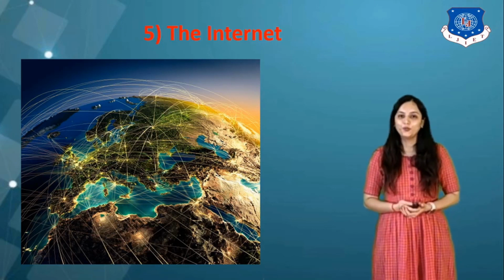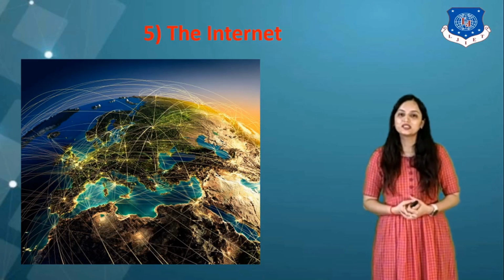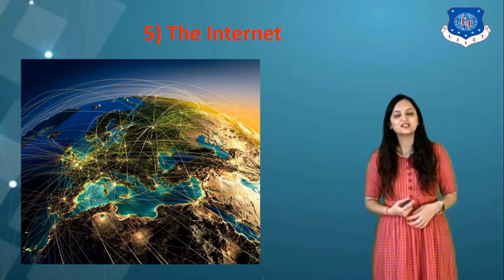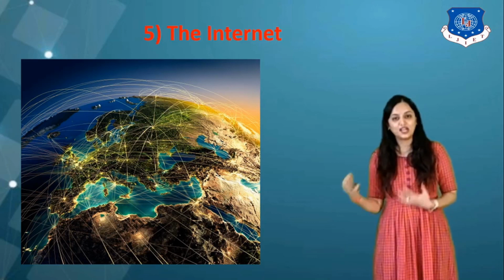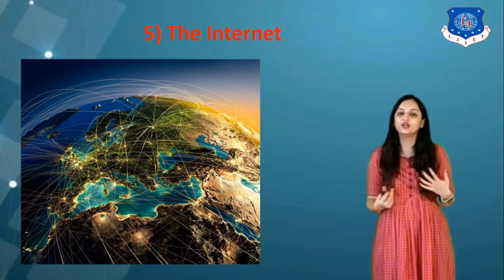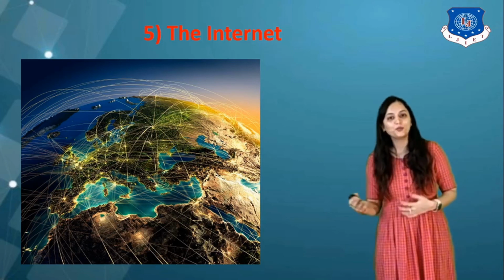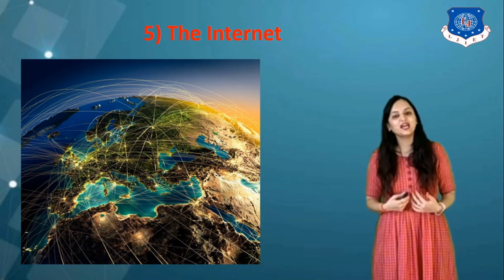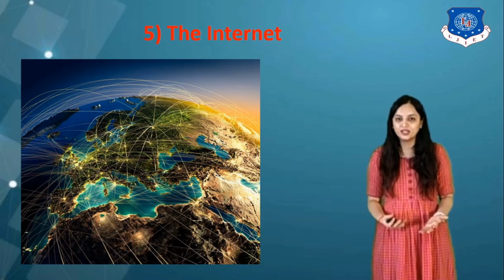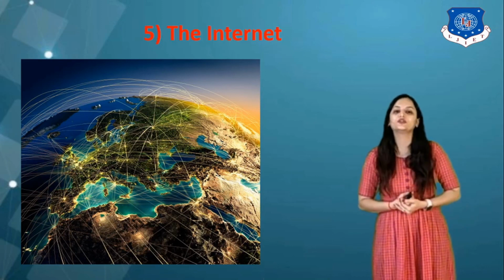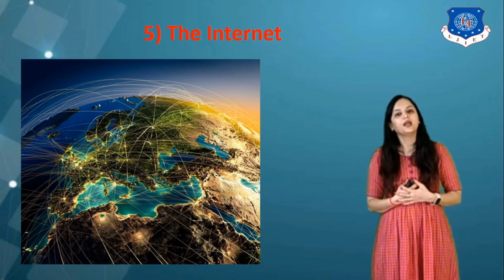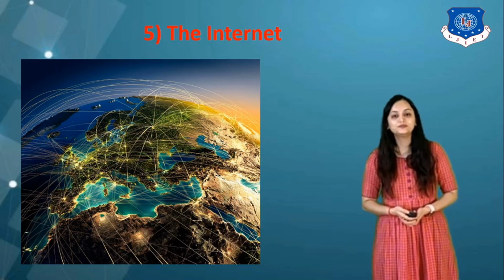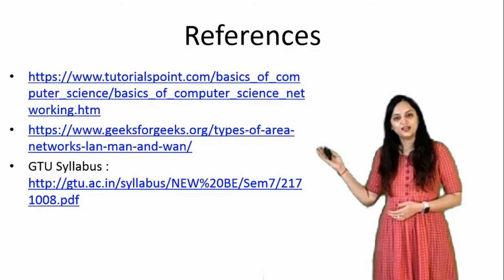Okay? So I hope this is clear to you now. Two topics which are most important or which are the basis of networking. The first one is the network topologies, or you can say arrangement. In that we have seen different topologies like ring topology, star topology, bus topology, hybrid topology, tree topology, etc. And then we have seen the classification of the network according to geographical region, according to the area covered. There are 4 main classifications and the 5th one, the broad classification, internet. Okay? These are the references.